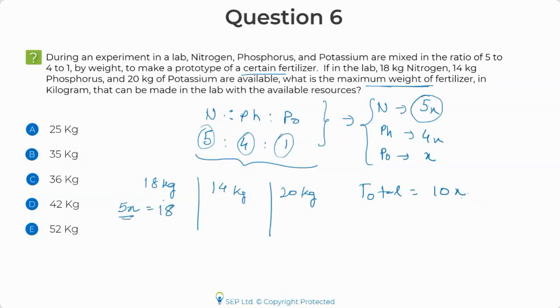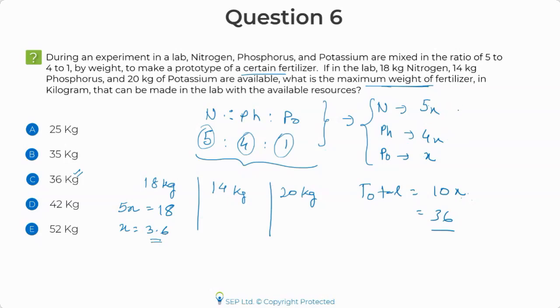What if I use all the 18 kgs of nitrogen? Can I do that? Okay. If I take 18 kgs of nitrogen, then in that case, I'd get excess 3.6. If I take x as 3.6, I get this as 36, which most of you have marked the answer as. But you need to check if you're taking this as 3.6, do you have sufficient number of the remaining stuff or not?